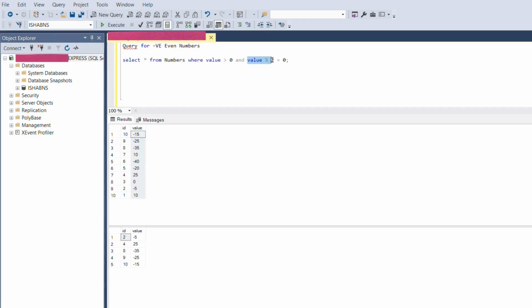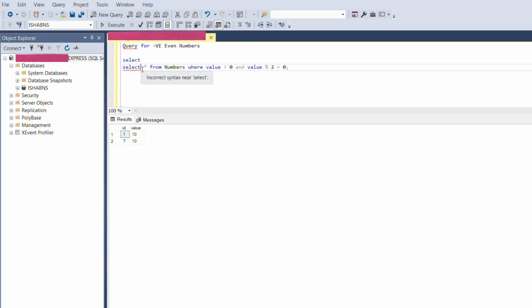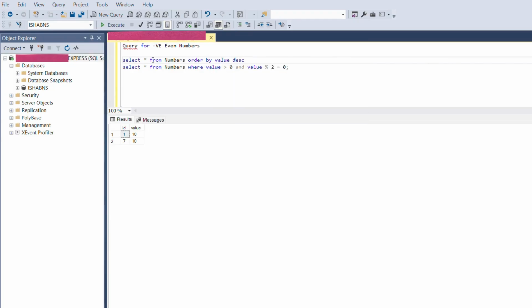As mentioned, for value % 2 equals 0 and value greater than 0, it will be positive and even. Let me execute. Here you can see under the value we got only positive and even numbers. There are some even numbers, but those are negative, so it is not fetching them. Let's check from the main table: select star from numbers ordered by value descending.